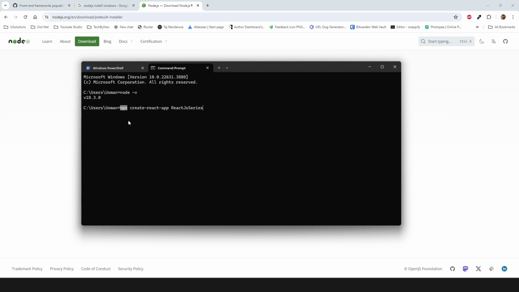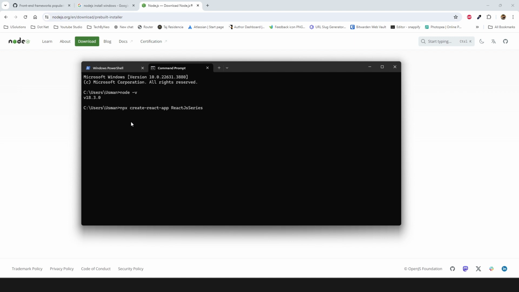Previously you might have heard about npm. npm is Node Package Manager, the remote repository where all the packages are available to pull, download, and utilize in your application. And npx is a way to use those packages without downloading them. There are a few packages which we can directly utilize without downloading them, and one of them is create-react-app.